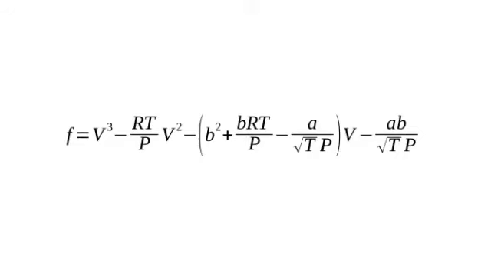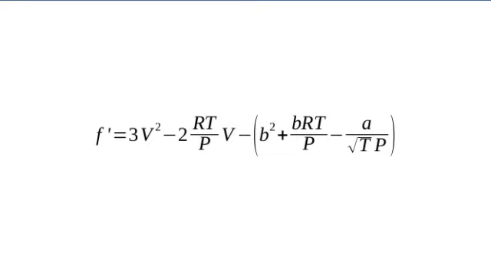In the Newton-Raphson method we need a function, and that function will be defined by this cubic equation. As you can see, the left part of the equation has been defined as the required function. As you already know, in the Newton-Raphson method we also need the differentiation of the function. So this is the differentiation of the previous function.